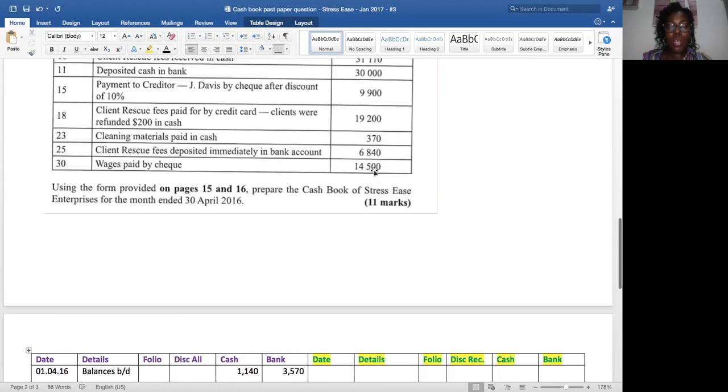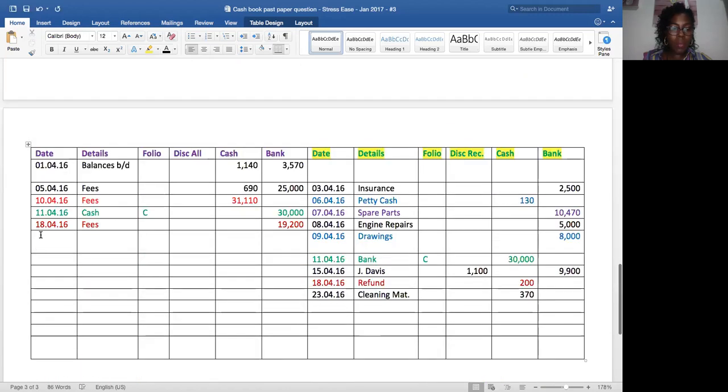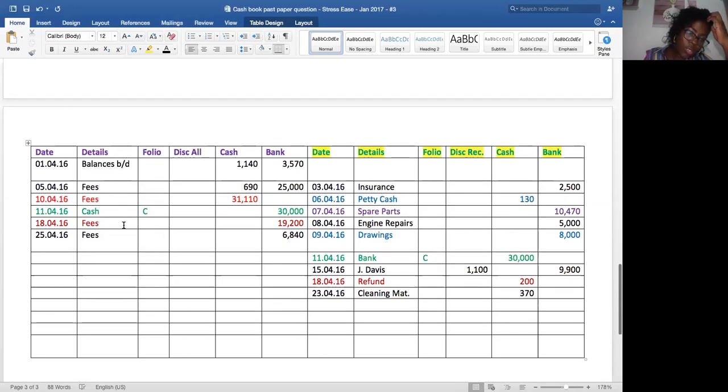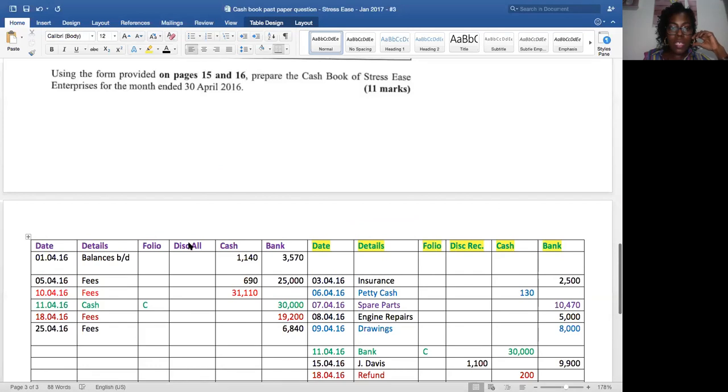So we have to go record that underneath the bank column. All right, and there you go. So that is your entry there for the 25th of April, where we received the fees, and the